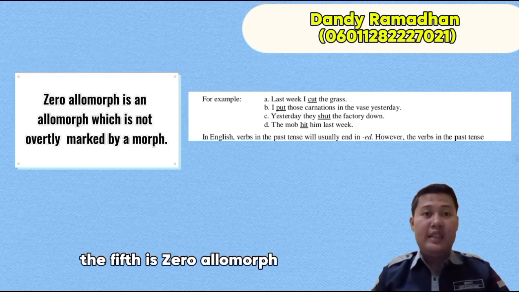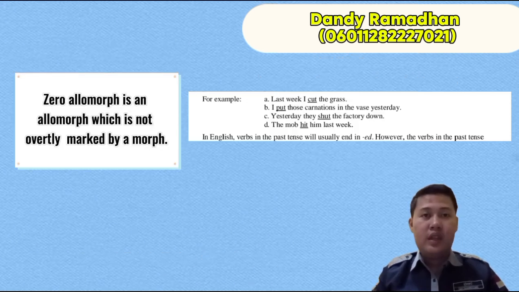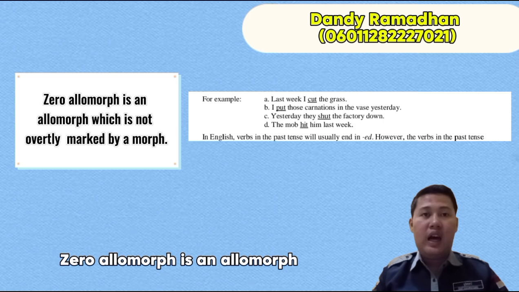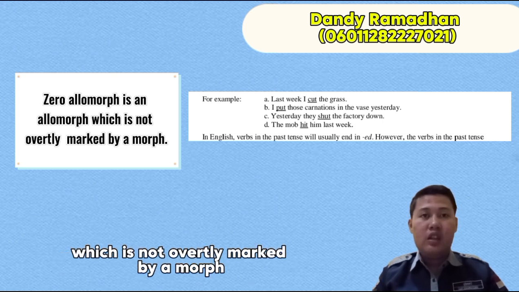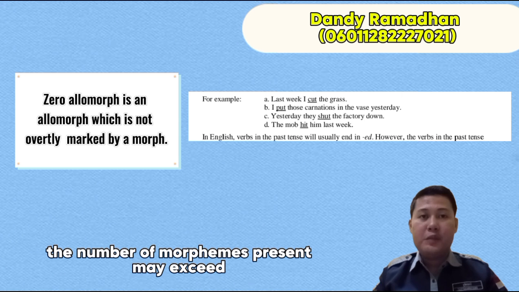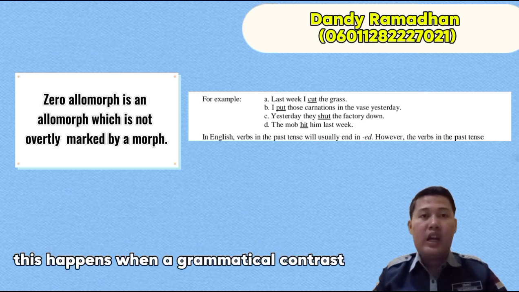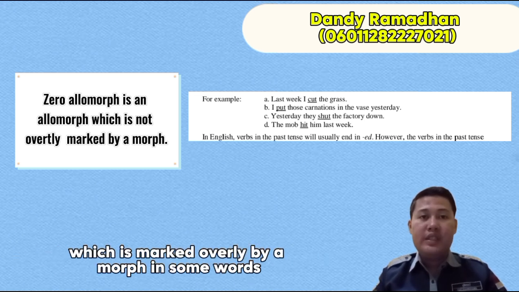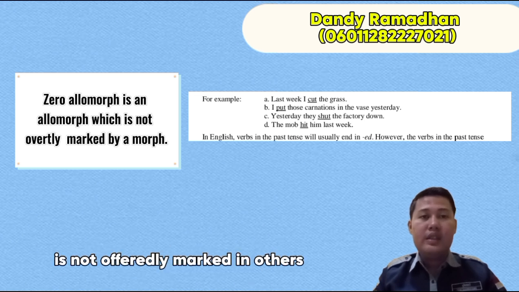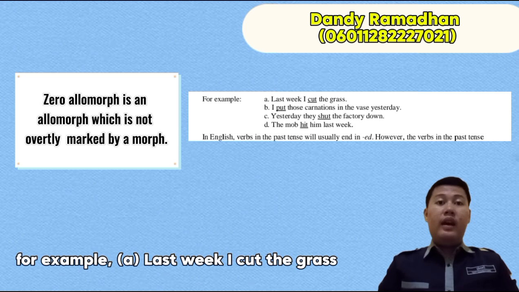The fifth is zero allomorph. A zero allomorph is an allomorph which is not overtly marked by a morph. The number of morphemes present may exceed the number of morphs available to represent them. This happens when a grammatical contrast which is marked overtly by a morph in some words is not overtly marked in others. For example,